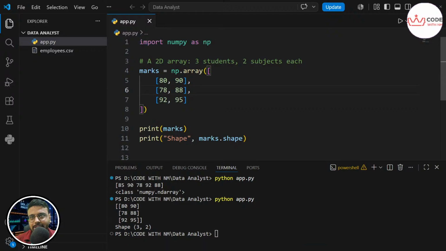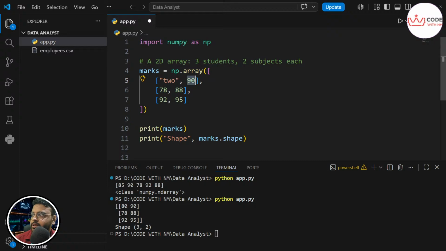Okay. And the second is mixing data types inside an array, like np.array with a string and an integer together.